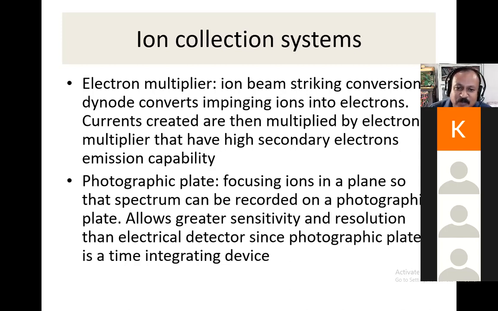Okay, so that is also a very sensitive technique. But nowadays, people are not using the photographic plate, but they go for other types of detectors, such as the electron multiplier or PMT. We have already seen the photomultiplier tube, but here we are not using the photon. There is no light radiation here. It is only the ions which are falling on the detector. So it is called only an electron multiplier. It is not called a photomultiplier tube.